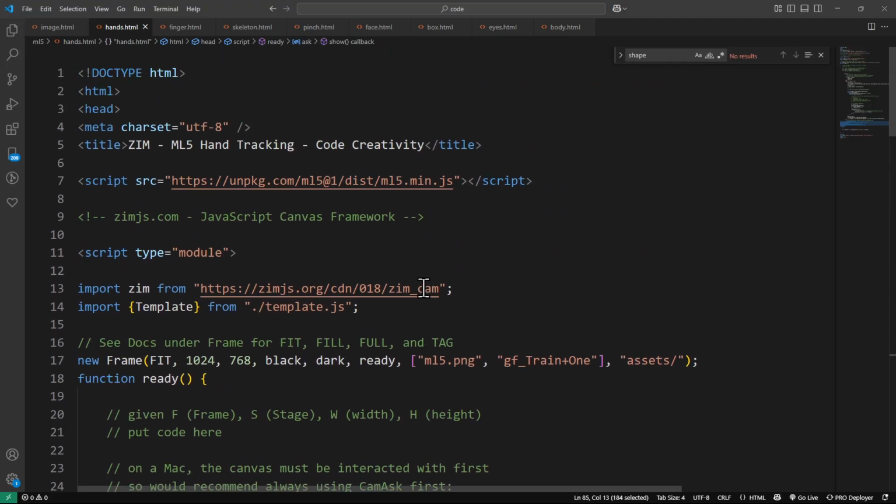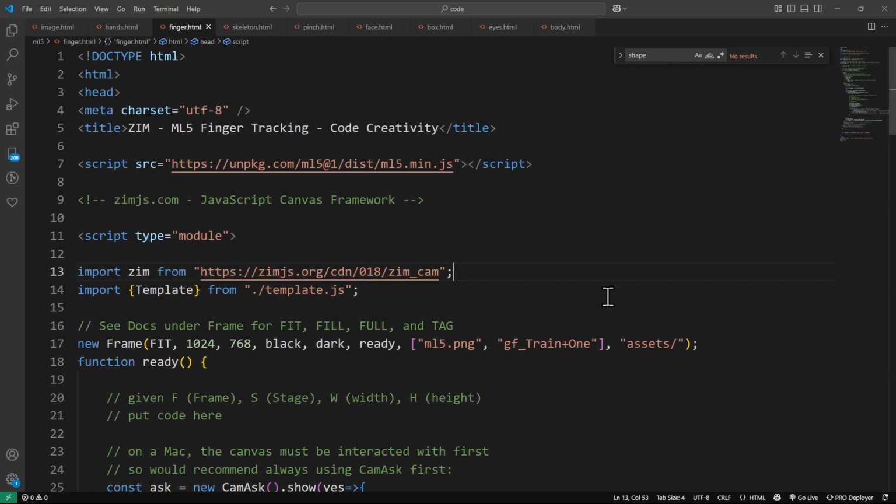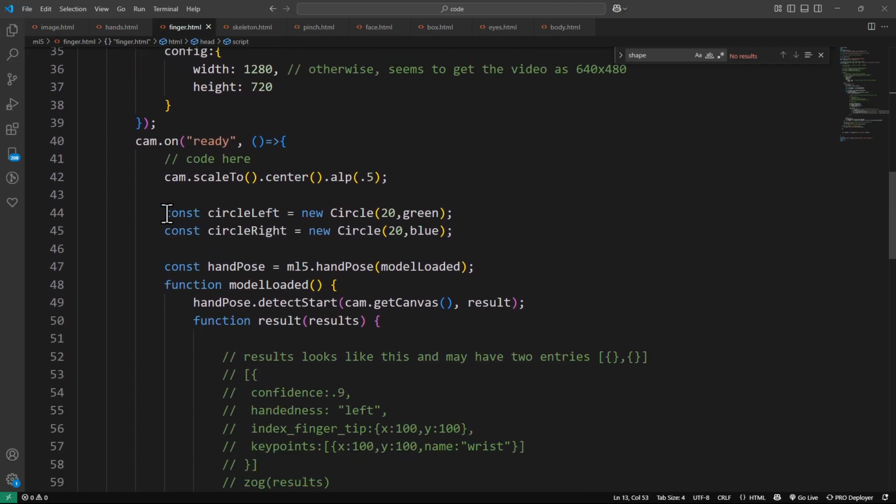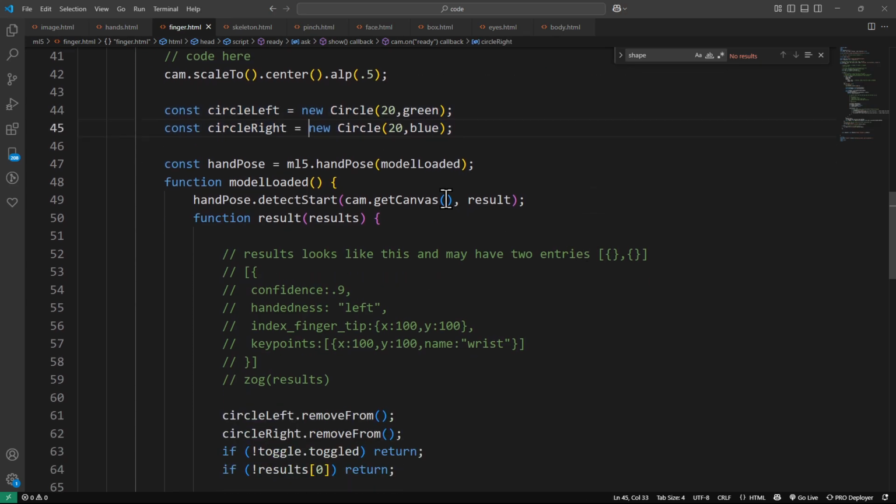So next one, a finger. If we wanted to get one finger, you can imagine it's a little bit easier because we don't need all the dots. We've made 2 circles this time, a left circle and a right circle. We get the hand pose loaded again. We find out when it begins. We pass in the